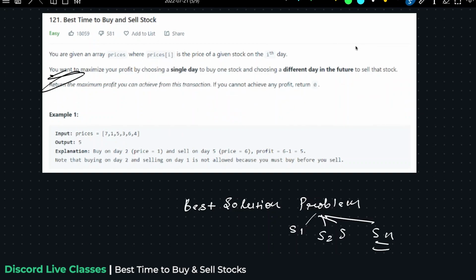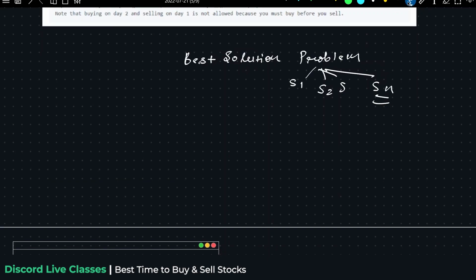What I want to explain to you, listen very carefully, my dear friends. First of all, you need to take care about when you will be purchasing the stock. Tell me one thing, I'm asking a very simple mathematics question. If you have these prices, 7, 1, 2, 5, 9, which day will you buy? You will buy on the day when the price of that item, let's say item instead of stock, is very high or very low?